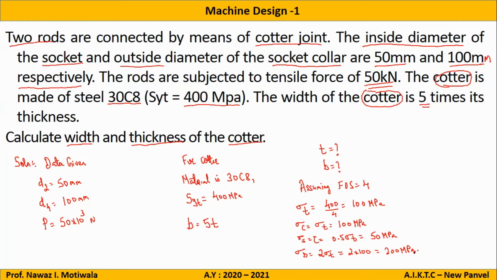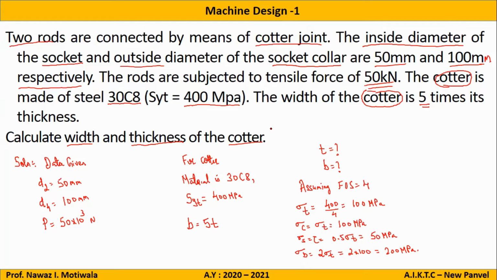Now, in the entire question, by reading the entire question, what do you feel part we need to design? Yes, by reading the question. Quarter. Yes, very good. From the last side also you can make out, we are given that calculate width and thickness of the quarter. That's it.